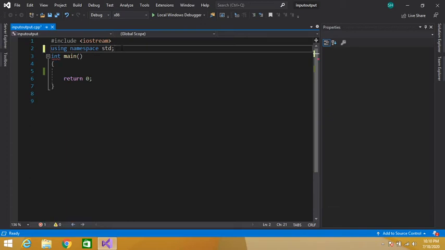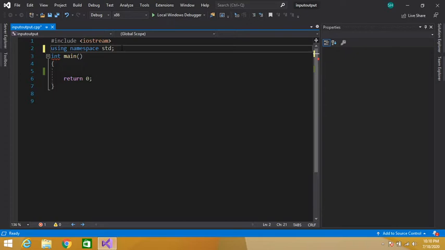Today we are going to study friend functions. Okay guys, let's get started. What is a friend function? A type of function that is allowed to access the private and protected members of a class from outside the class is called a friend function. As we know, we cannot access the protected and private data members of a class outside the class. By using a friend function, we can do so.